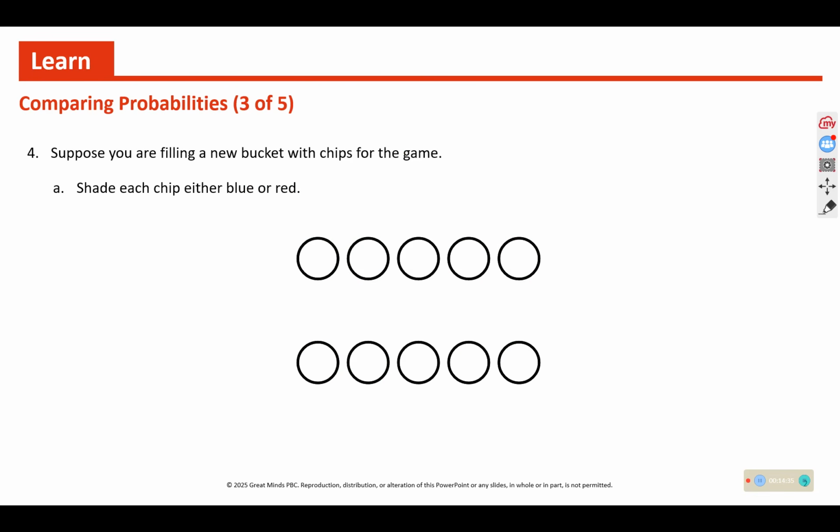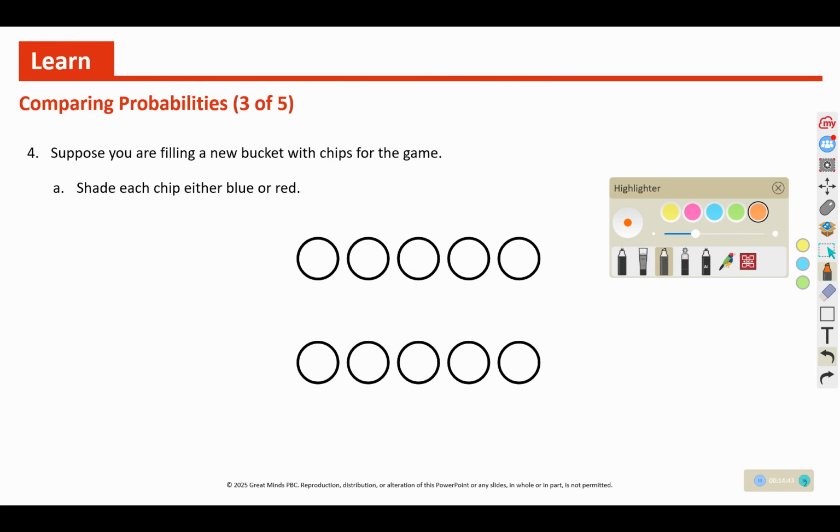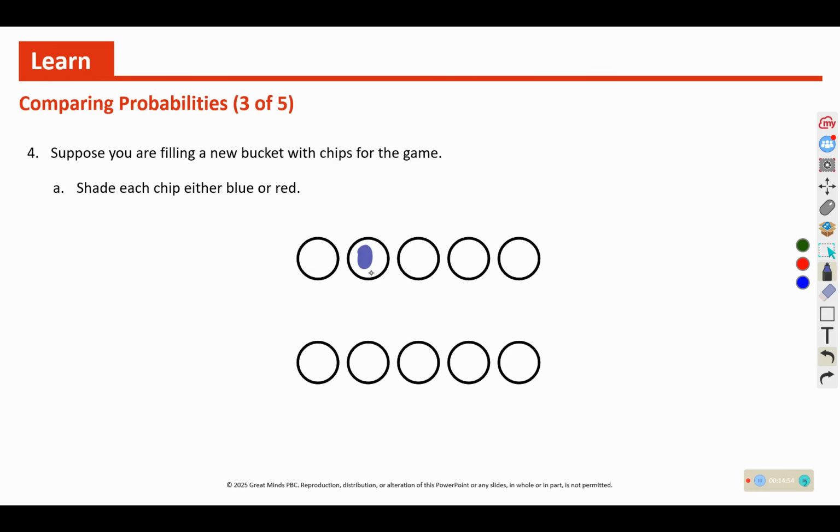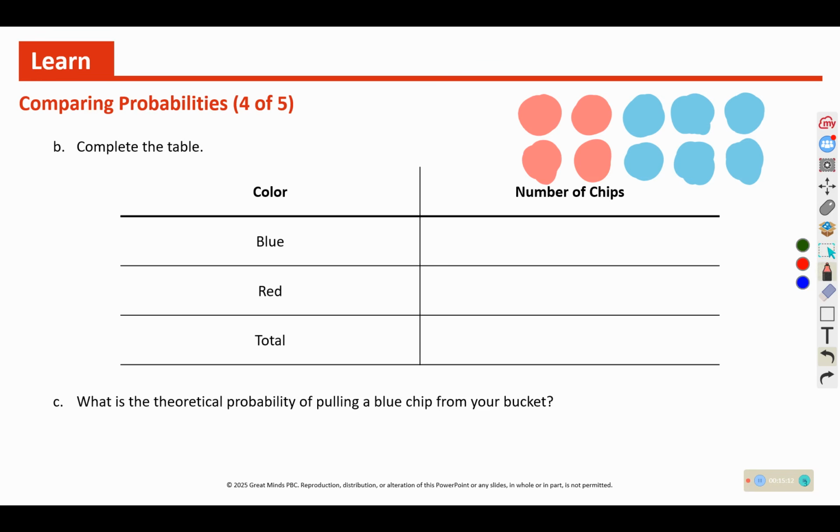Suppose you are filling a new bucket with chips for the game. Shade each chip either blue or red. So you get to decide how many to shade blue and how many to shade red. That looks almost purple. Let's try again. I've decided to shade 4 red and 6 blue. And then in part B,